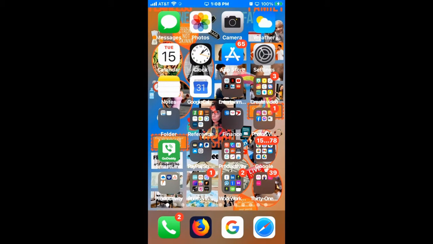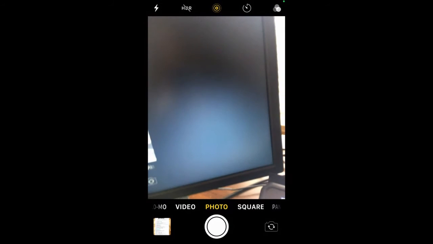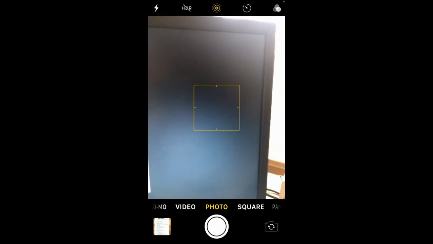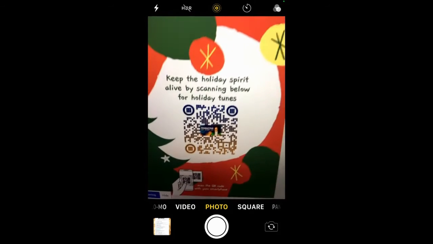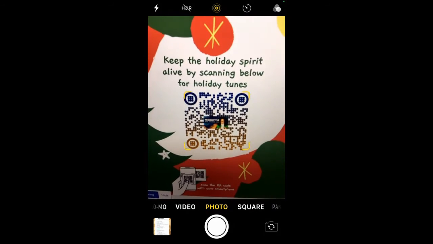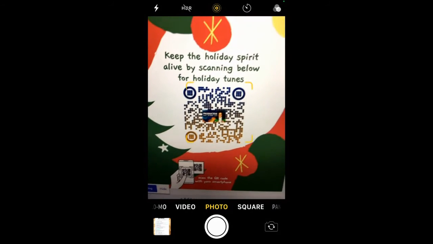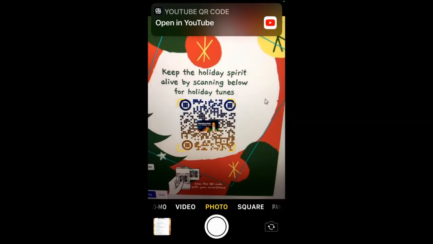On most smartphones, you'll be able to go right into your camera so that you can scan a QR code. So if I hover this over the QR code, I'm going to make it a little bit bigger. Oh, it says open in YouTube. So then you'll be able to see exactly